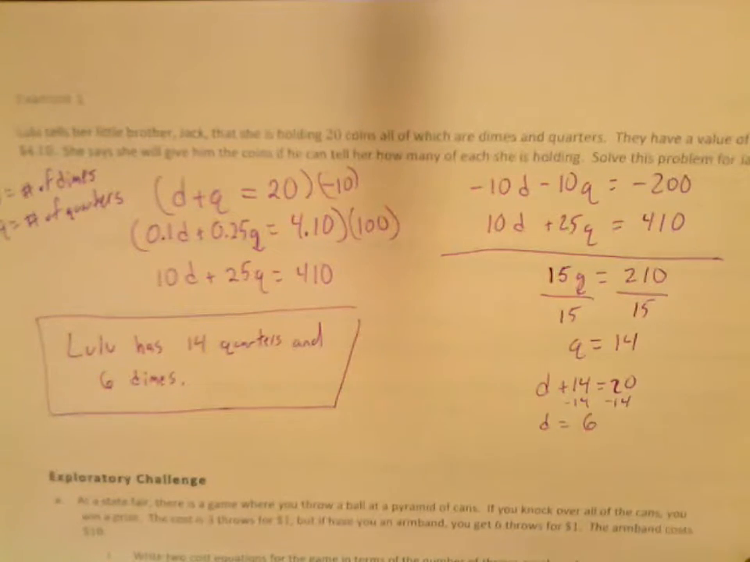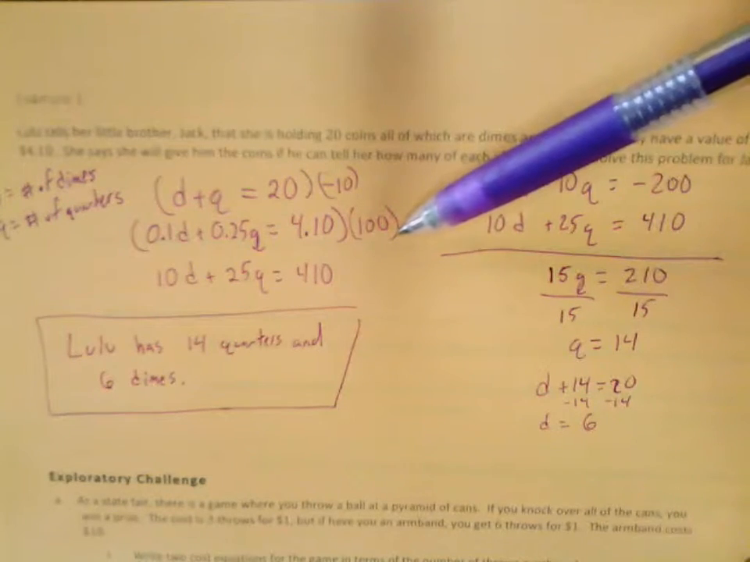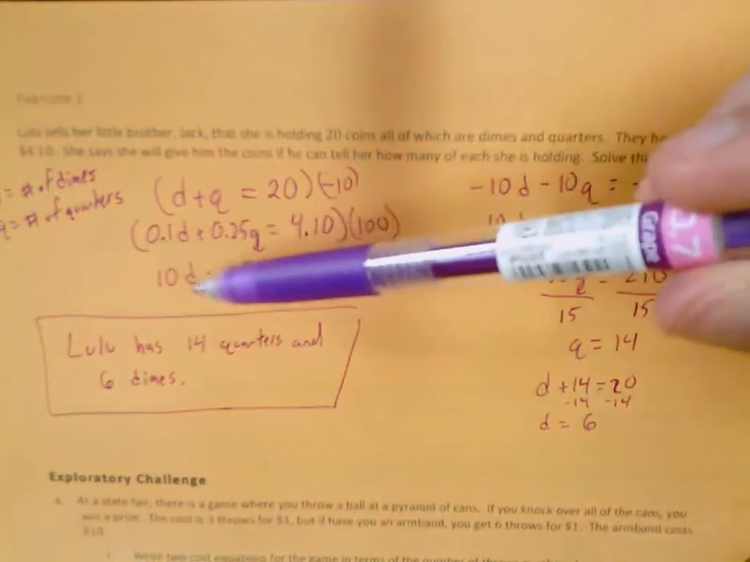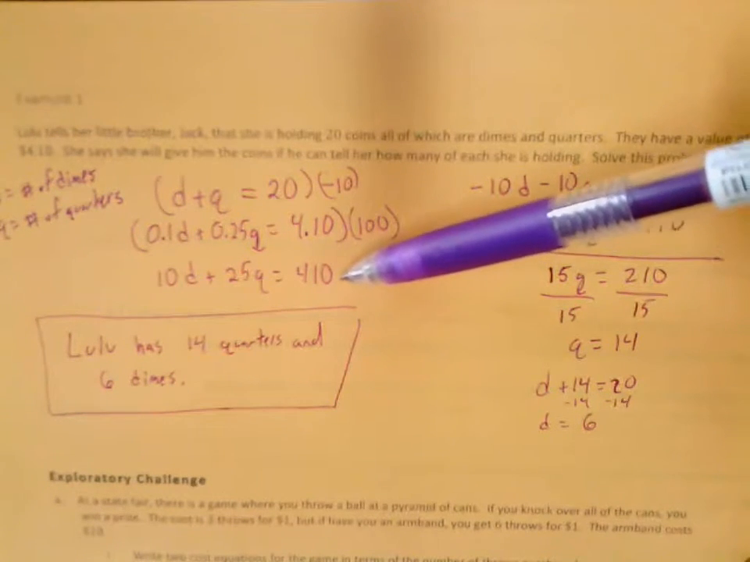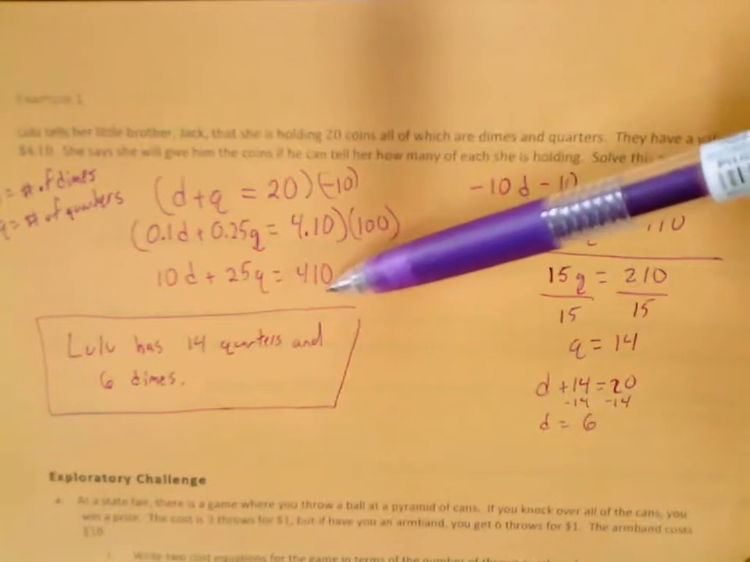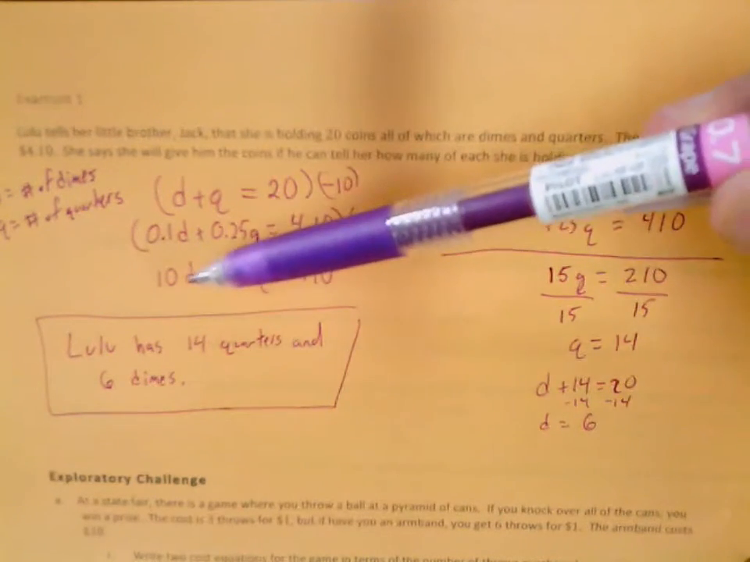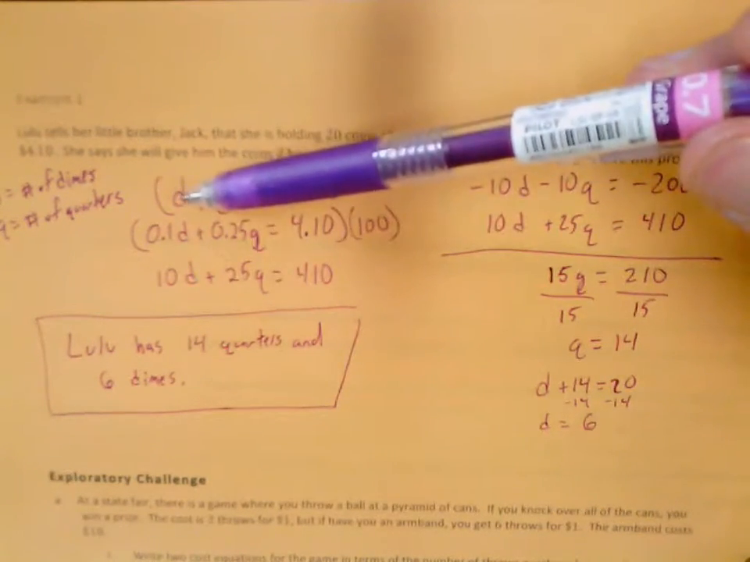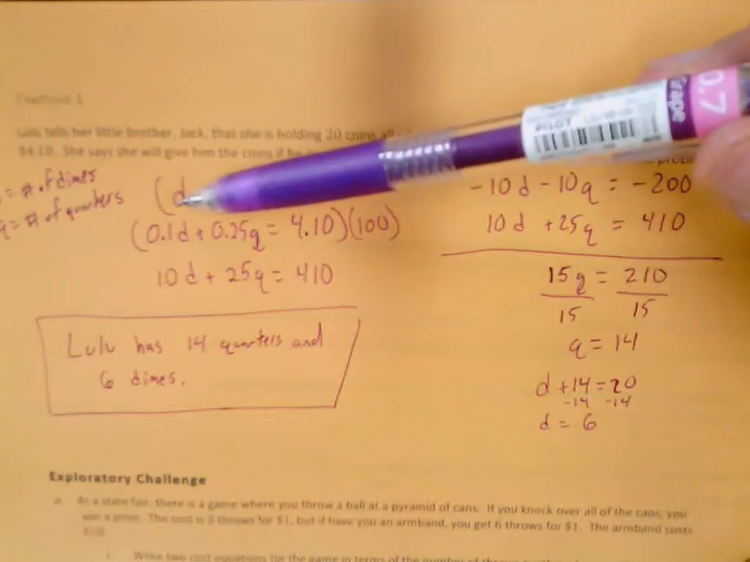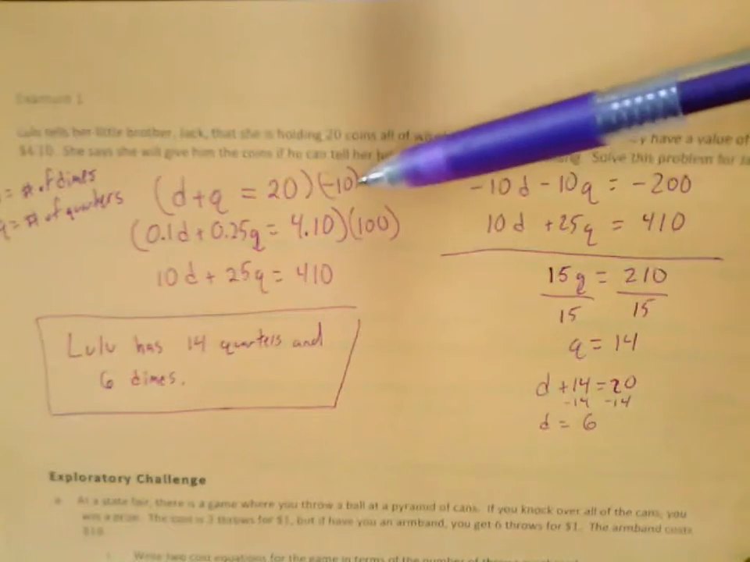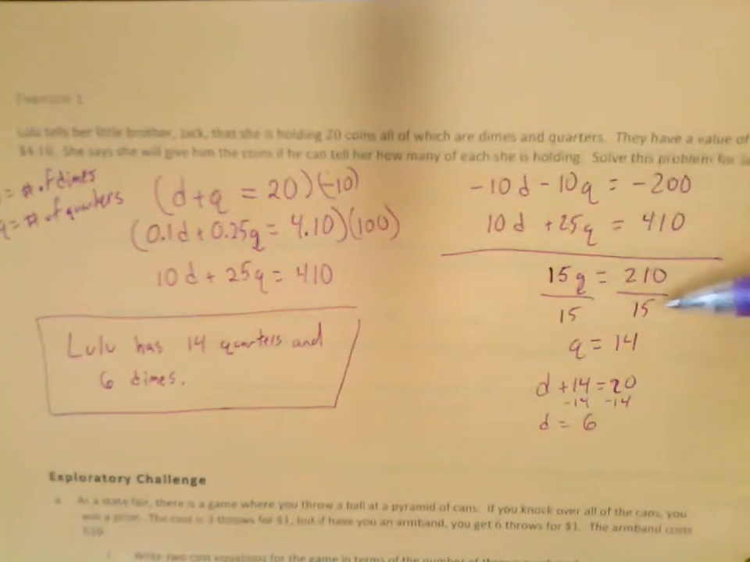So I decided to use elimination. I first multiplied the second equation by 100 to get rid of the decimal. Then I got 10d plus 25q equals 410. And then I decided to use elimination with the top one. In order to get rid of the d's, I needed to multiply the top 1d by negative 10 to make it negative 10d. And so I multiplied negative 10 by the whole top equation to get this, and then I added them together,